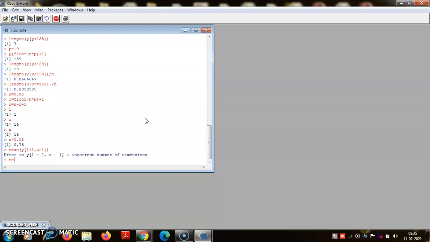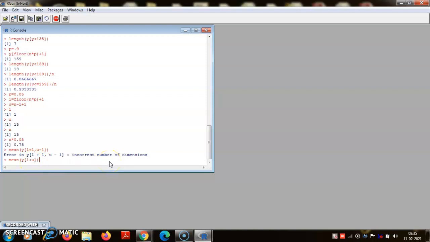So mean of y, L to U. Now if you want to extract some elements of a vector, you have to specify from where to where, and this is how you do it.